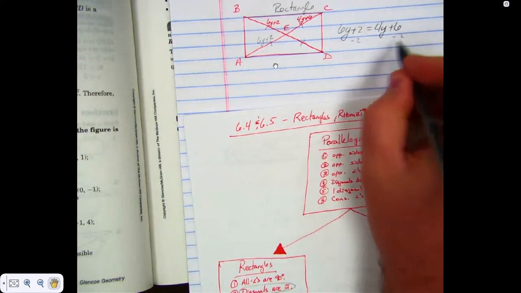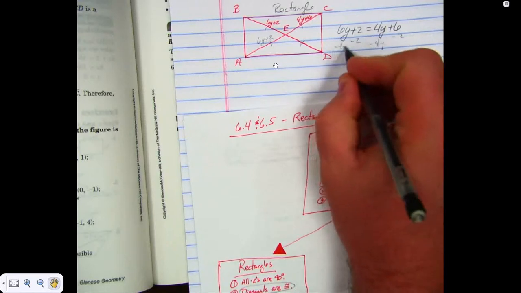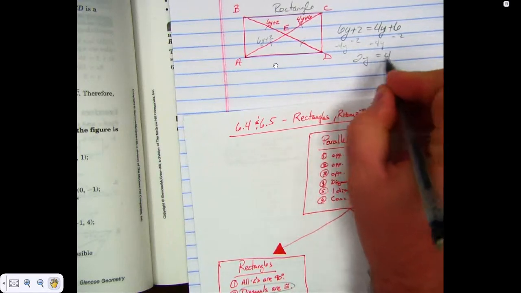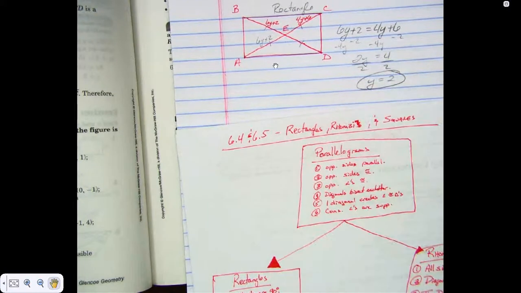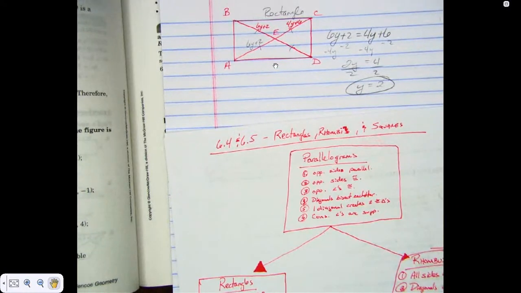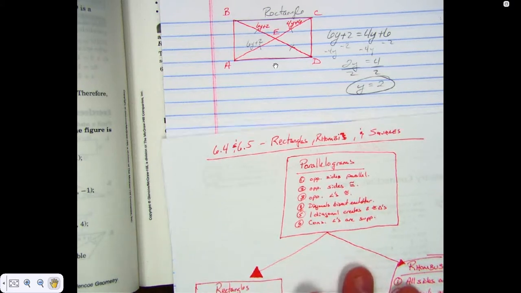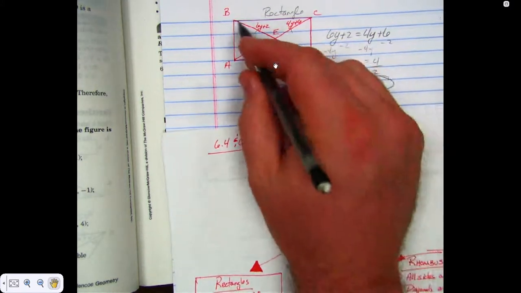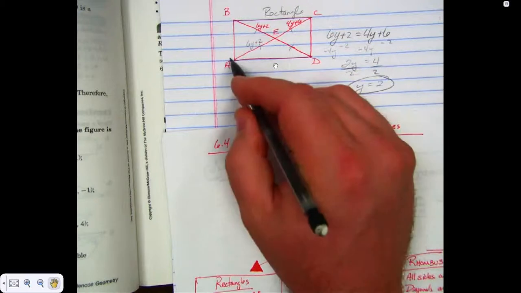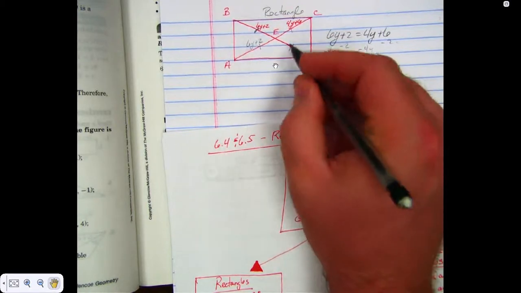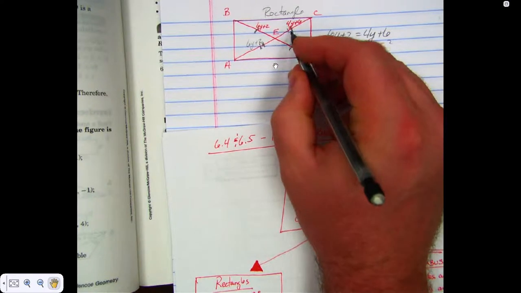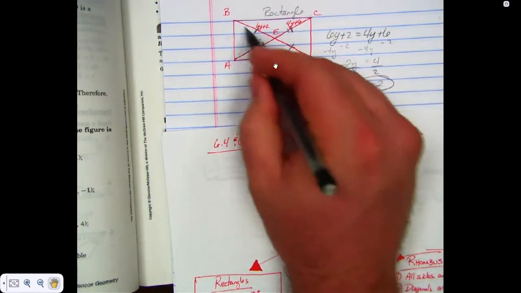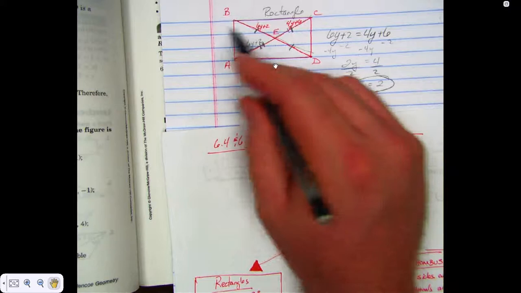So now you've got this. You find y. What do you do? Subtract 2. What's y equal to? How are we on that? Does that make sense? Let's do that problem knowing the parallelogram rules. If it was just a parallelogram, you wouldn't be able to do that problem because this wouldn't necessarily be congruent to that. So all you would know then is that this half's congruent to that half, and this half separately is congruent to this half. But since it's a rectangle and this length is the same as this length, then the diagonals,